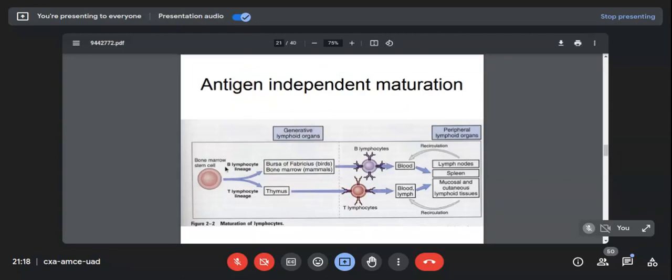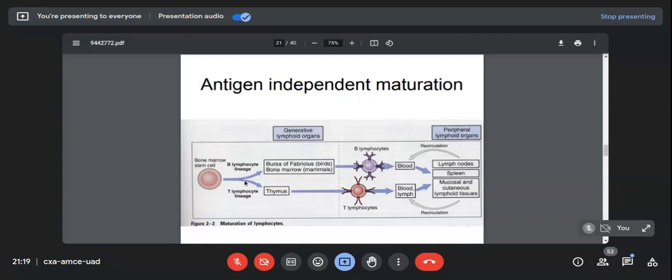So this is the bone marrow. This is the bone marrow stem cell, also called the pluripotent stem cell. It's called pluripotent because it can develop into a B cell if it wants. It can develop into a T cell if it wants, depending on the requirement of the body. Does the body need more B cells? Does the body need more T cells? So this pluripotent stem cell, which will be explained in more detail when I start doing embryology,